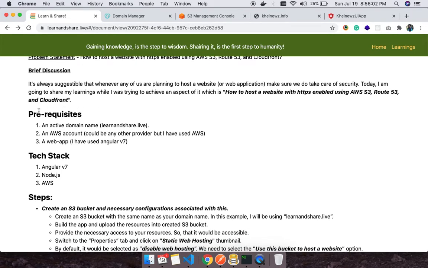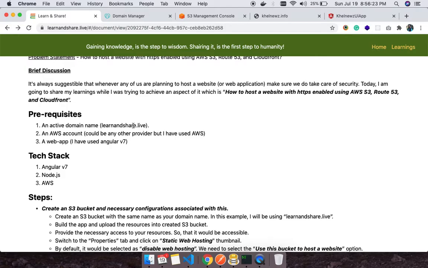But if you look at the prerequisite section, it says we need an active domain name, which we have, which is kalenews.info. The second point is we must have an AWS account, because the example which I am presenting here is totally based on AWS services.